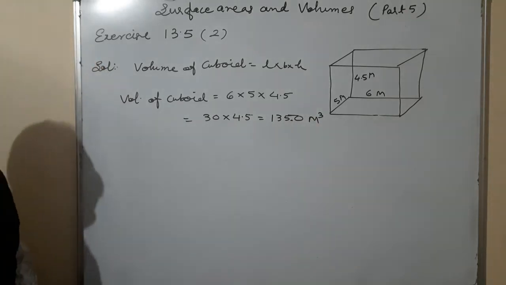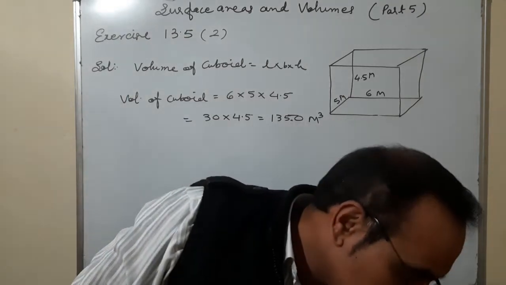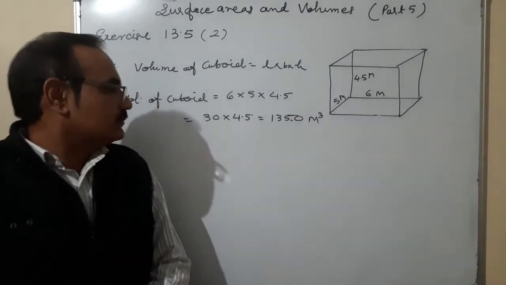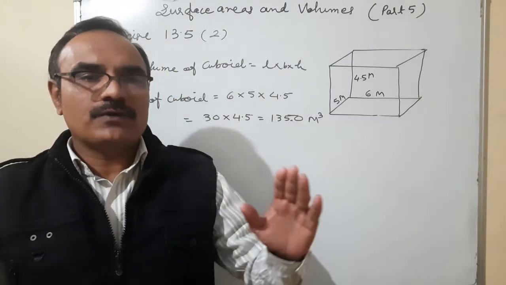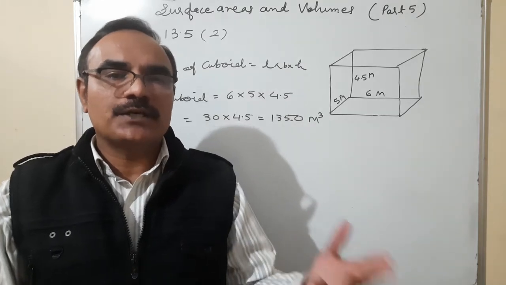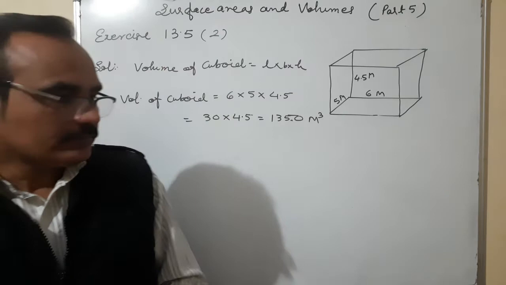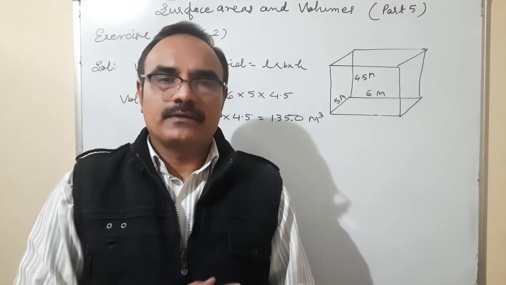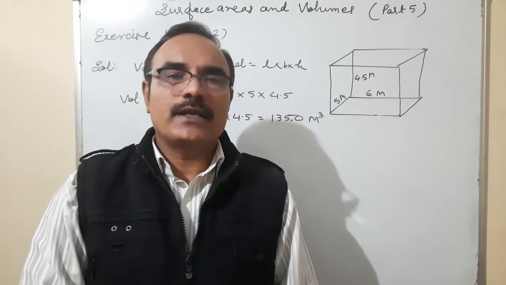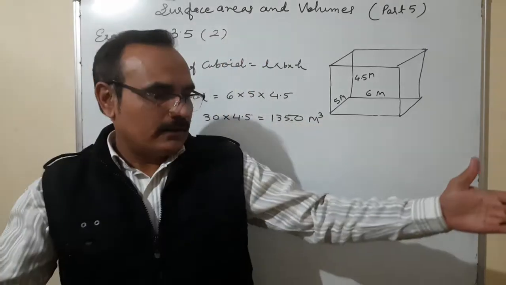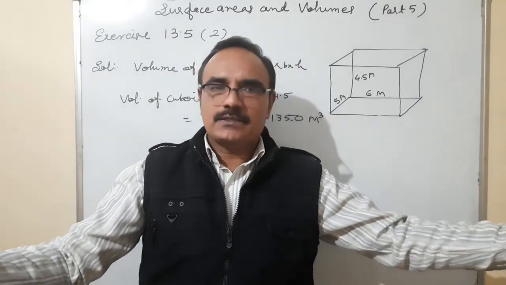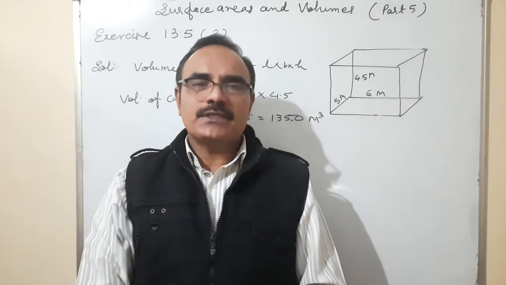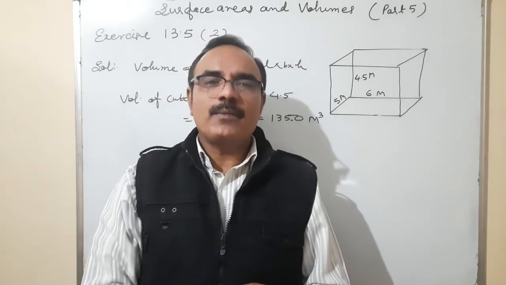Is that okay? In the question they are asking how many liters of water can it hold? I'll tell you the procedure of converting from meter cube to liter, and from centimeter cube to liter and vice versa. I think you have seen a water overhead tank in your home. Suppose this is the length, about 1 meter, breadth 1 meter and height 1 meter. Can you imagine how many liters of water such a tank holds?